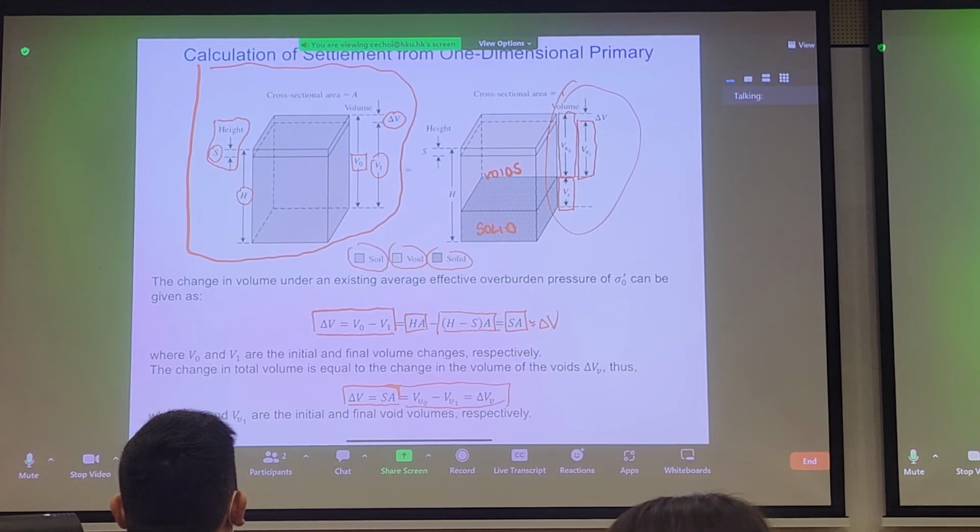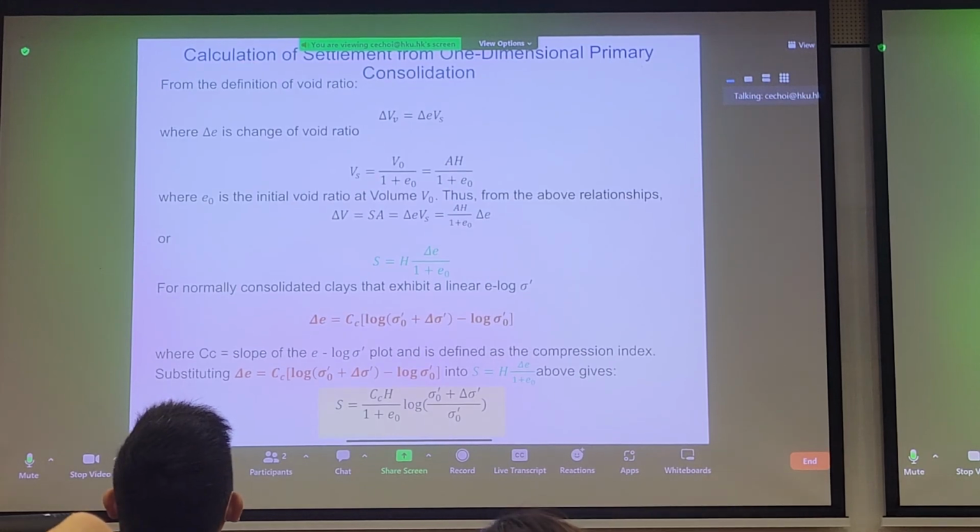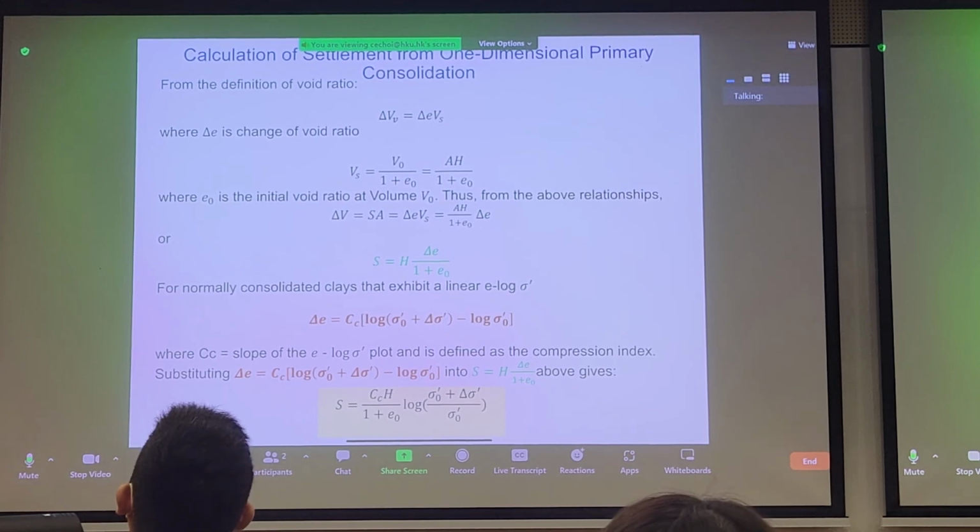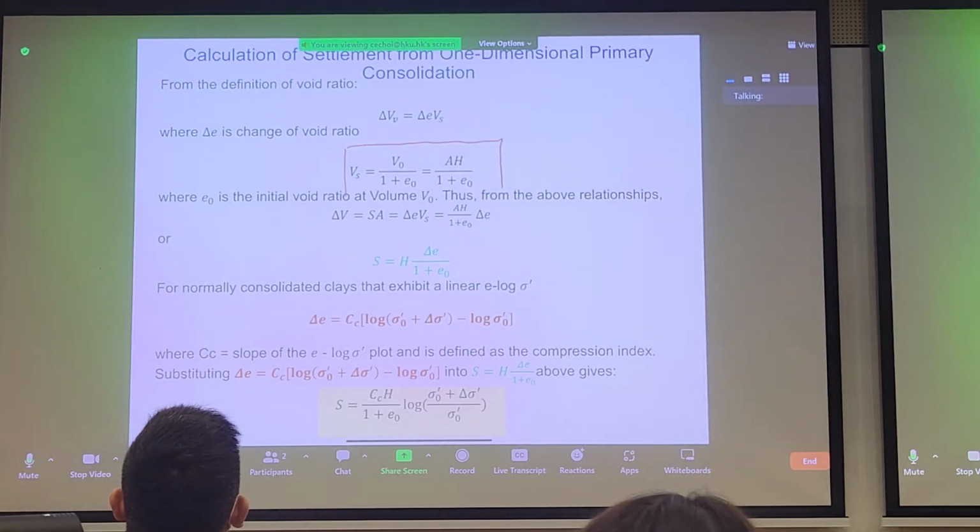Again, this is easy enough to understand. So the next step we have to look at is how do we define void ratio? Well, void ratio is given as your volume of voids over volume of solids, and we looked at that already. So we also have to pull up some mass volume relationships from our earlier classes, and we can deduce that